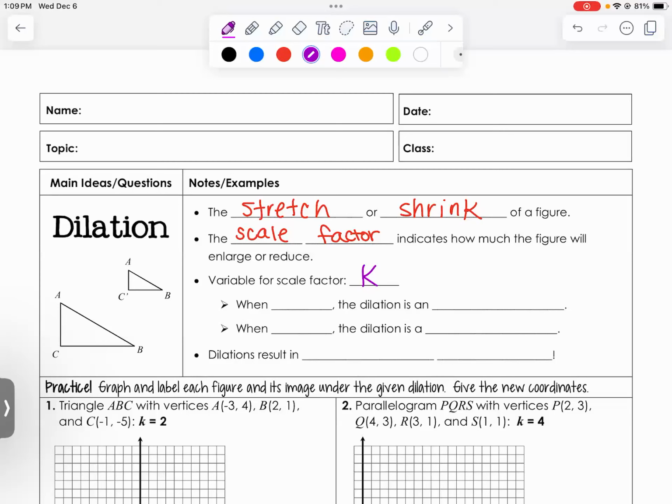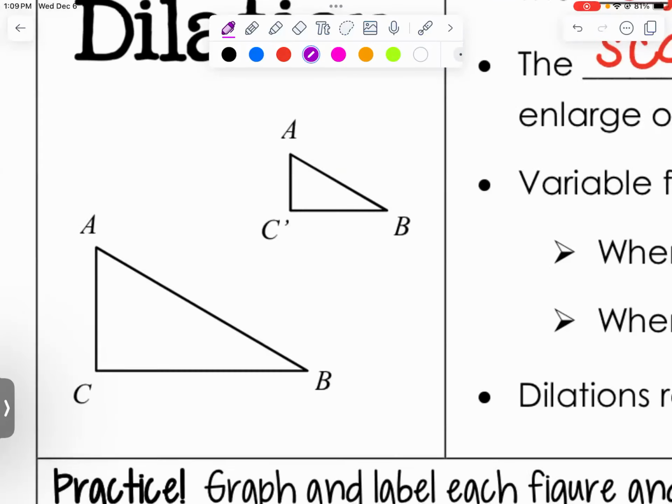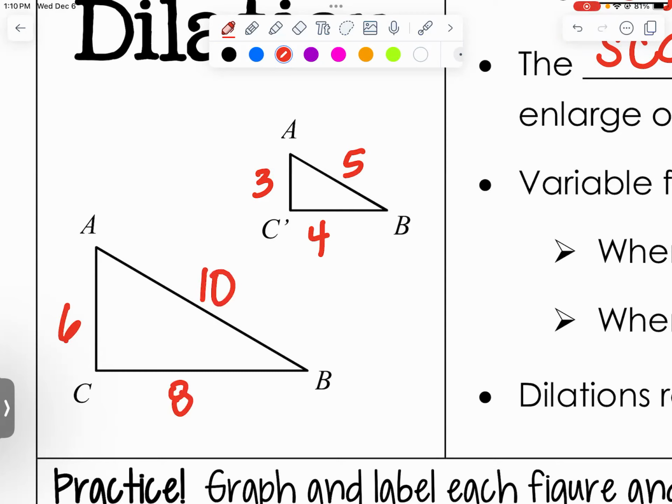All right, now I want you to go over to this picture right here. Stop. Okay, what would you say the scale factor is? Number that can go to. Okay, but in this picture, what's the scale factor? Okay, so